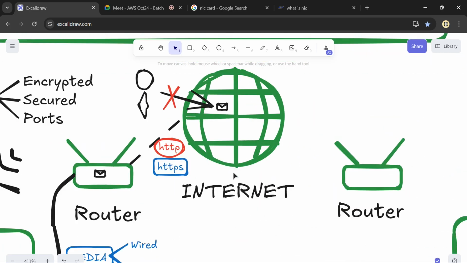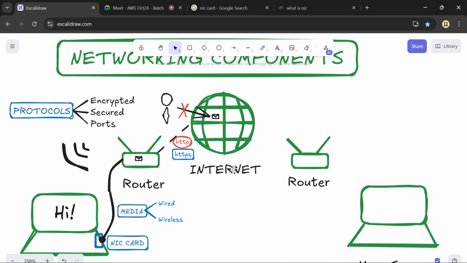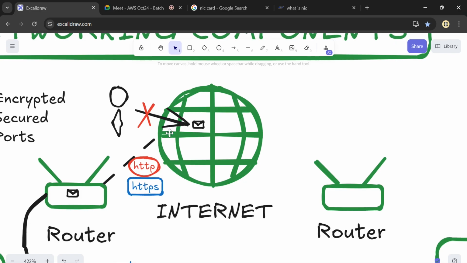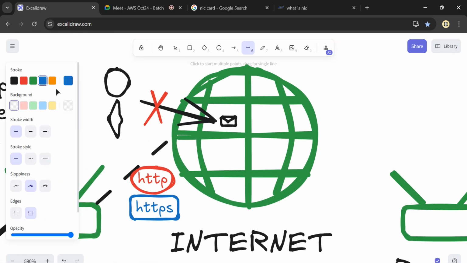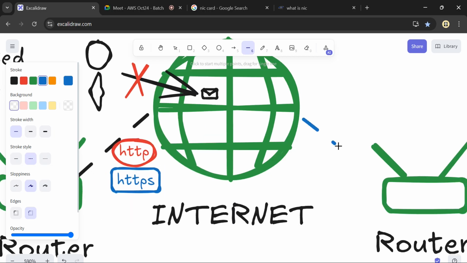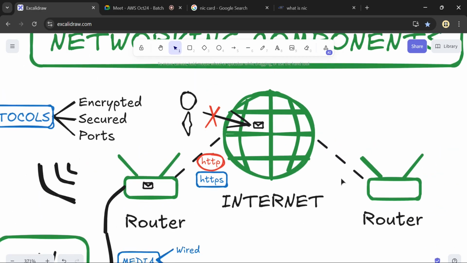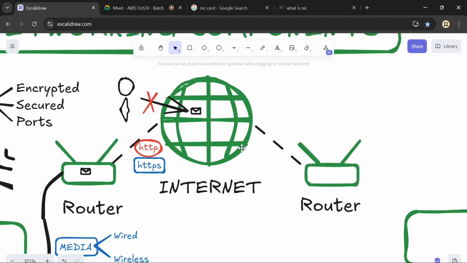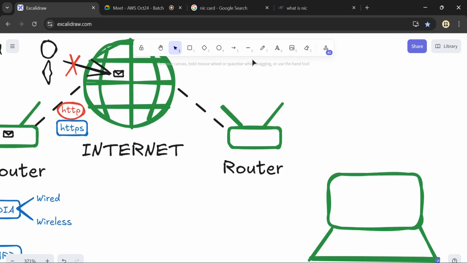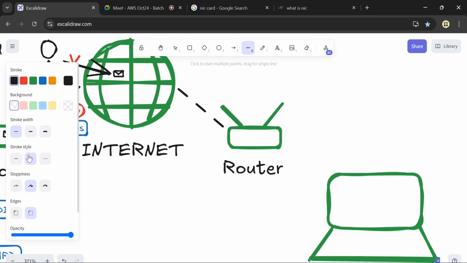After this, this message again will be going in a secured manner. Let's say we have used the HTTPS protocol, and this message will connect to the router. In the backend, there are multiple things that happen. How the DNS is resolved, we will be discussing in more detail later on. But just as an overview, it is the internet. It will go back to your router, it will fetch your router, and this router will again